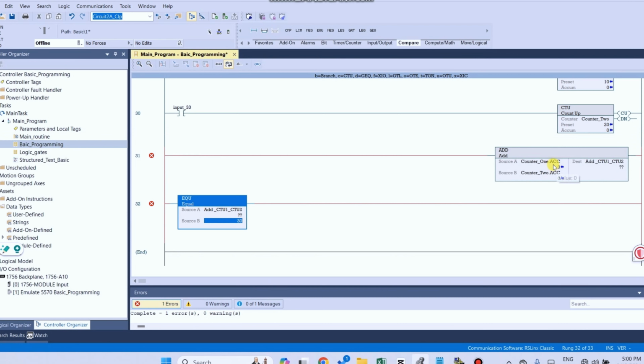So counter A accumulator value and counter B accumulator value, both counter accumulator values will be added.